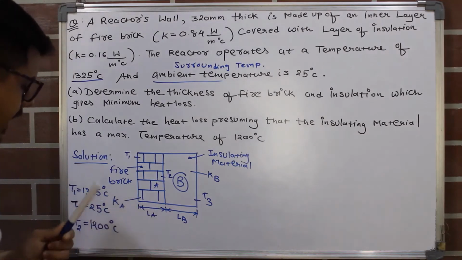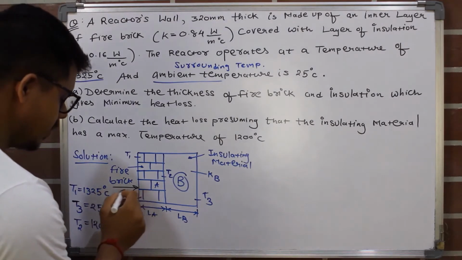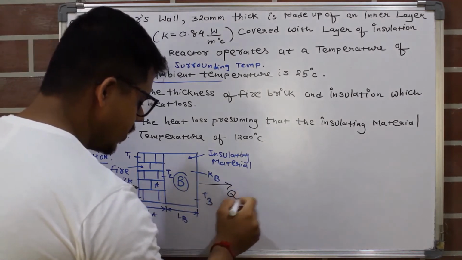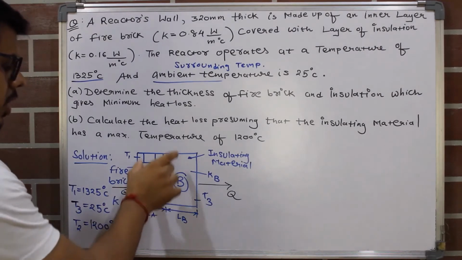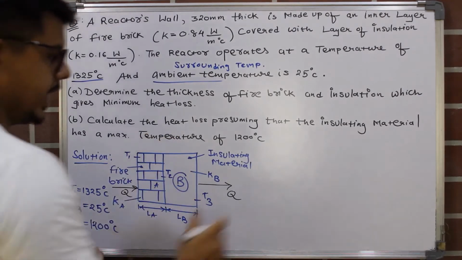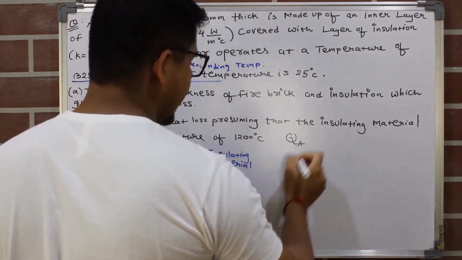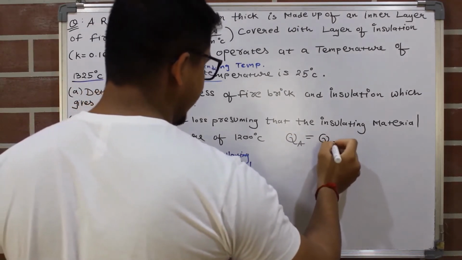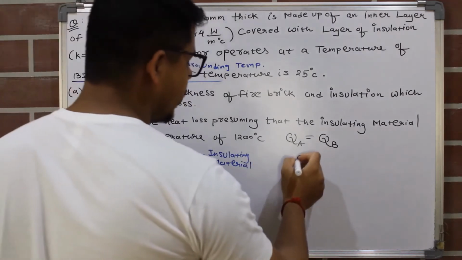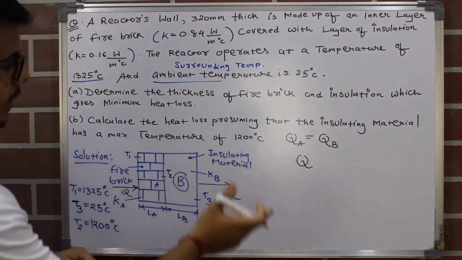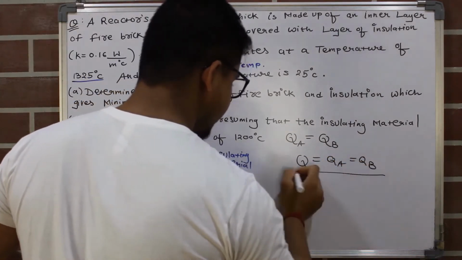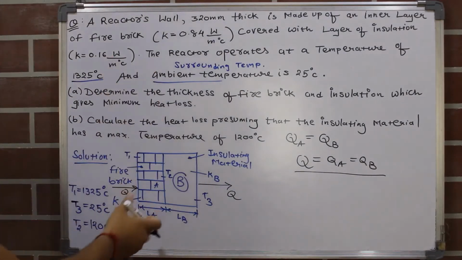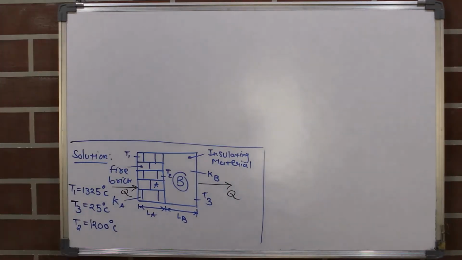That means heat is entering like this. This is Q and this is Q, so it will remain the same. And also our heat transfer rate for individual walls will remain the same. That means the heat transfer rate for wall A, QA, should be equal to the heat transfer rate for wall B, QB, and Q is the total heat transfer rate throughout the wall, which is also equal to QA and QB. This will be the condition when we have series combinations of plane walls. So now we will start our calculations.